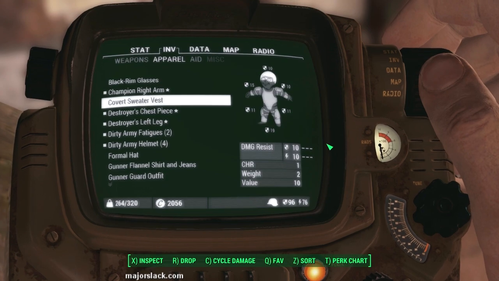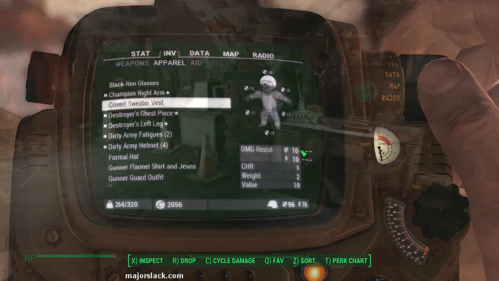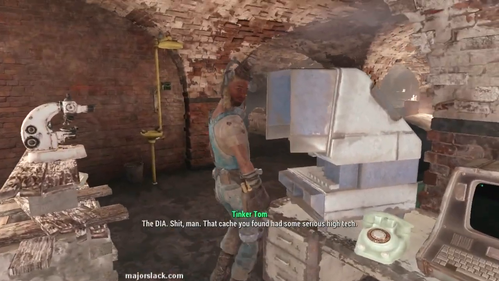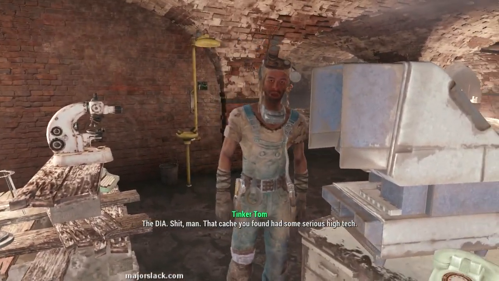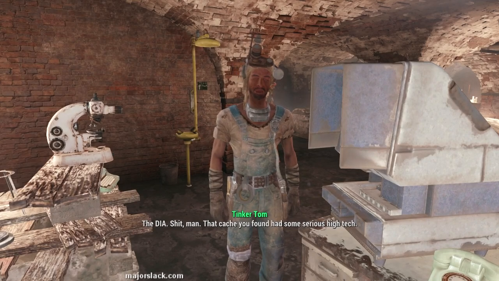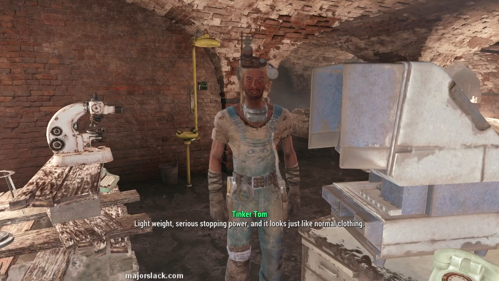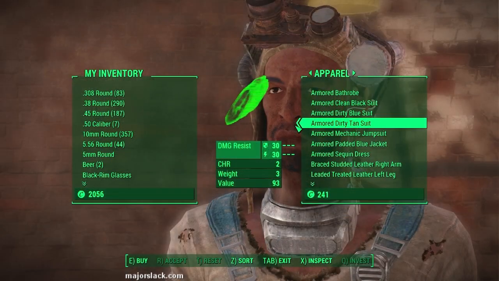Now, with the Covert Sweater Vest on board, go to the east side of the railroad headquarters, find Tinker Tom, and speak to him. As soon as he mentions ballistic weave, you're good to go. But the creme de la creme is ballistic polymer weave. Lightweight, serious stopping power. At this point, you can either buy armored clothing from Tinker Tom, or better yet, make